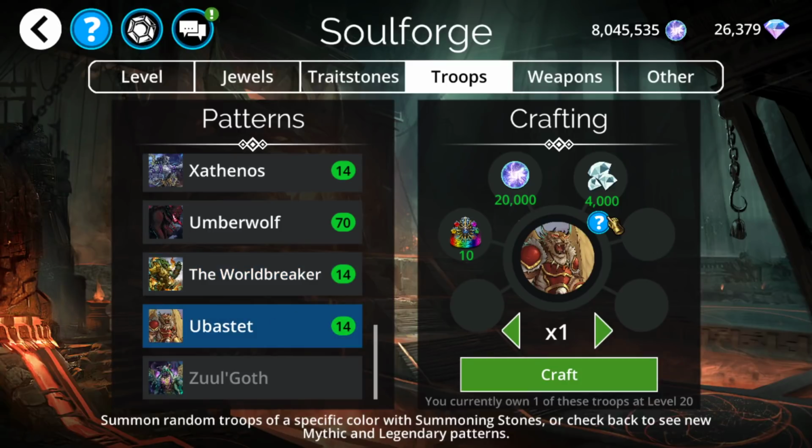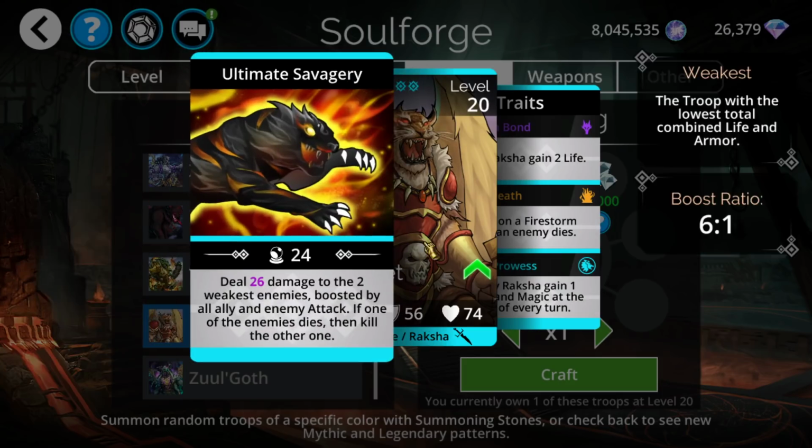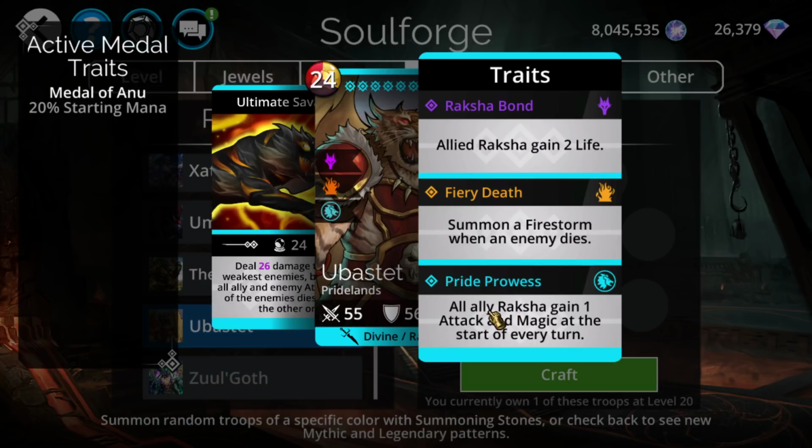And other than that, we have Ubestedt. Ubestedt used to be pretty old meta. Ever since it got nerfed, it hasn't really been usable since. It has the capability of double killing, and that's pretty much its whole purpose, is you end up getting a kill and you end up getting automatic additional kill on top of that. It also has a little bit of a Rashka attack and magic gain, which could theoretically be very useful into the future. However, Rashkas are rather